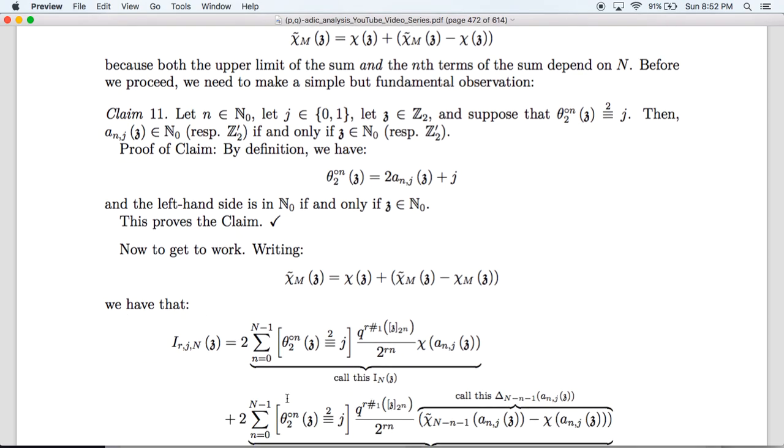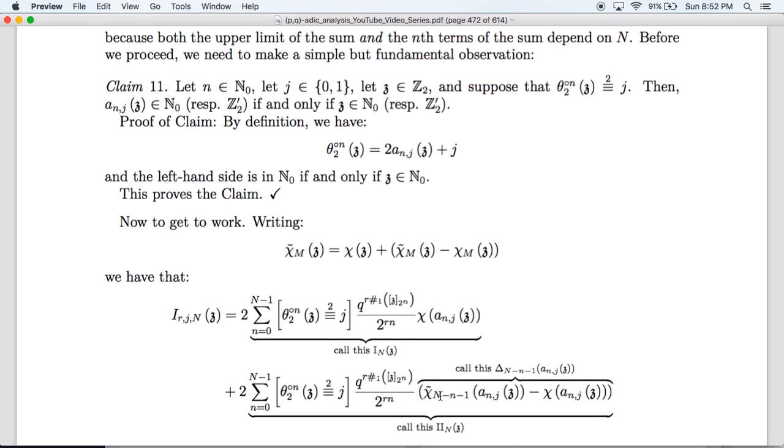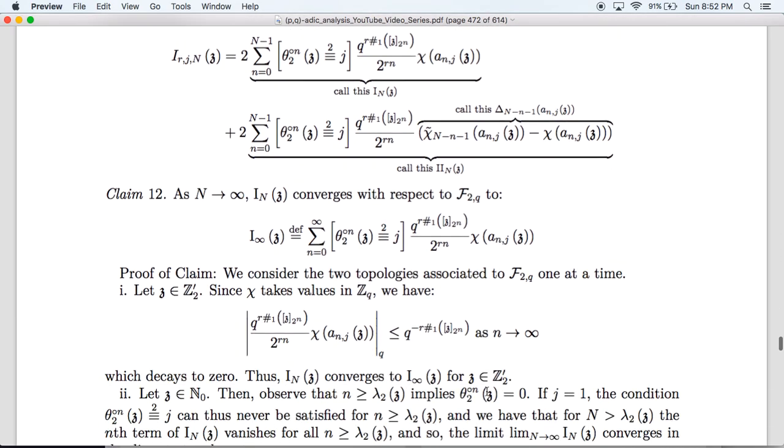So, in this expression, we have one of the functions I call 1n and 2n, and I'll be denoting this difference here. This is the partial sum of the Fourier series minus the actual function, and I'll denote this by,